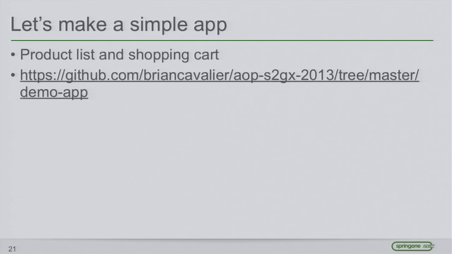So that's what I did. I wrote a simple application. It's basically just a product list and a shopping cart. It's ridiculously simple. And I wrote it 7 times in 7 different styles. So I wrote it in plain old JavaScript using delegation and inheritance. And then I wrote it using events. Event emitters are a common pattern in JavaScript. I wrote it using global pubsub. And then I wrote it using a couple of variations on AOP, different styles of AOP, different ways of applying